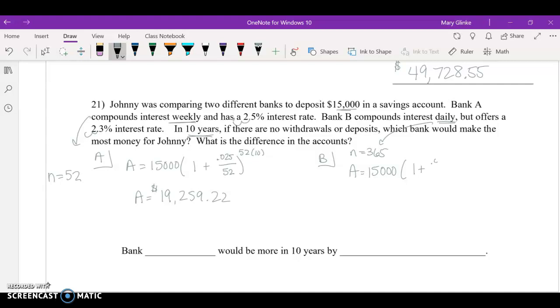When I move my decimal over, it's 0.023 divided by 365 to the 365 times 10. So my amount for this one is 18,878.86. Which bank makes us the most is Bank A. Bank A is more. To figure out how much more, we're going to subtract A minus B, and the difference there is